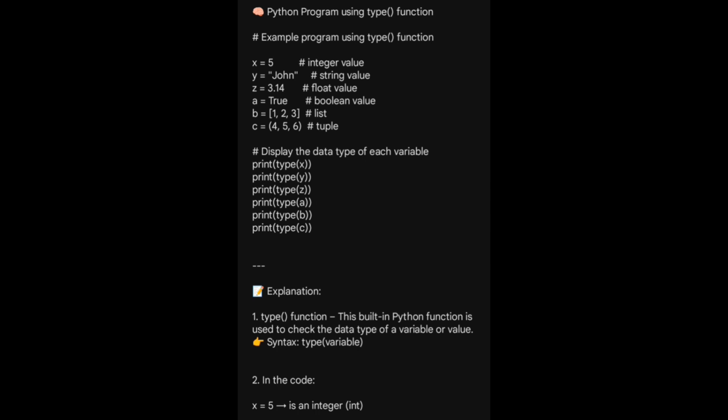This type() function is a built-in Python function used to check the data type of a variable or value.